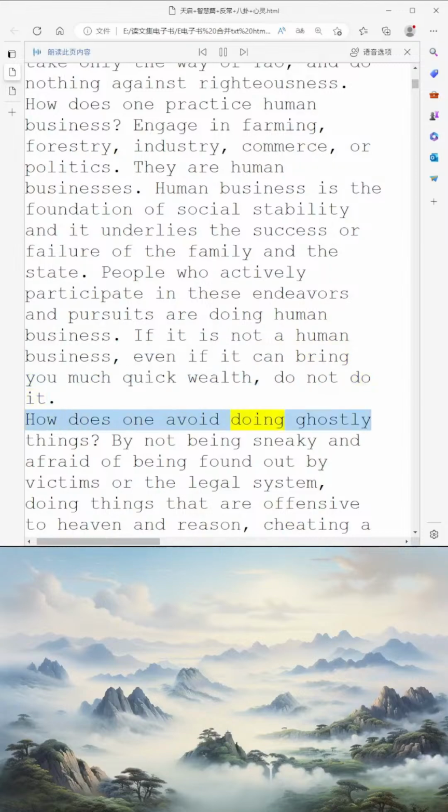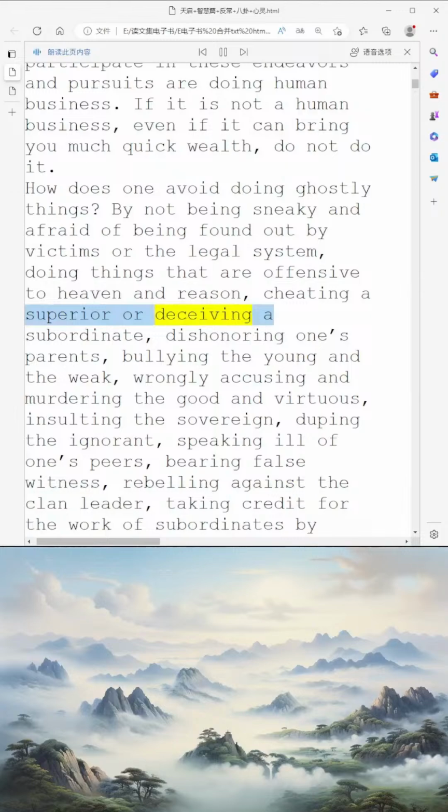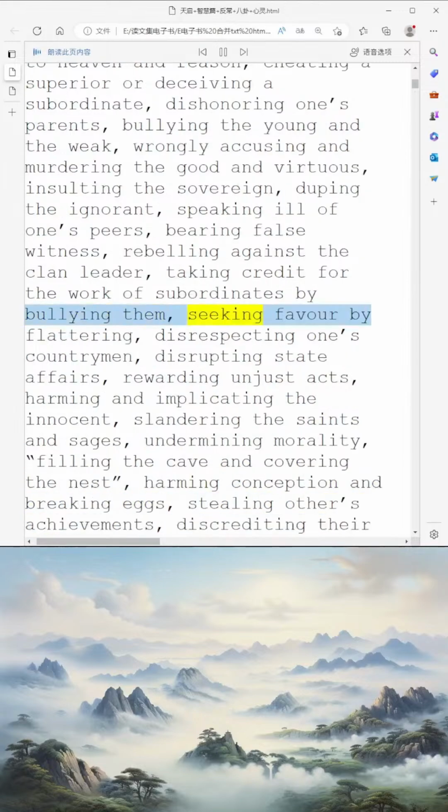How does one avoid doing ghostly things? By not being sneaky and afraid of being found out by victims or the legal system, doing things that are offensive to heaven and reason, cheating a superior or deceiving a subordinate, dishonoring one's parents, bullying the young and the weak, wrongly accusing and murdering the good and virtuous, insulting the sovereign, duping the ignorant, speaking ill of one's peers, bearing false witness, rebelling against the clan leader, taking credit for the work of subordinates by bullying them, seeking favor by flattering,